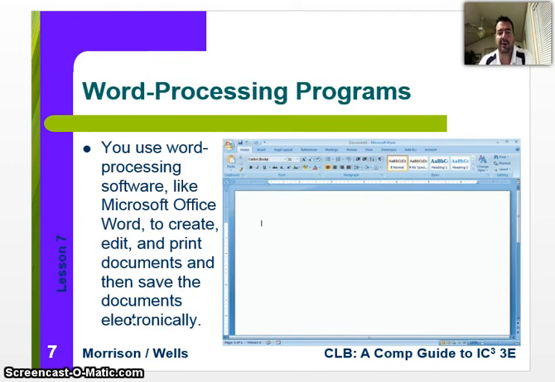So the first thing we're going to look at is word processing software, something you guys use and have been using for a very long time. Microsoft Office typically is the most popular word processing software out there, and it simply allows you to create, edit, print documents, do all that type of stuff. It's obviously very popular, but there are different word processing software out there, and that's going to be something we're going to do in class. I'll let you do a little exercise where you go and find some different ones